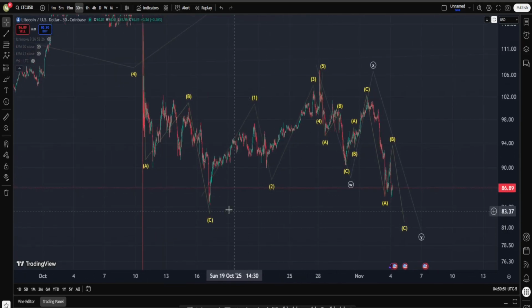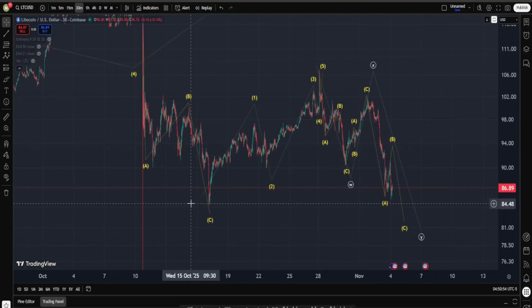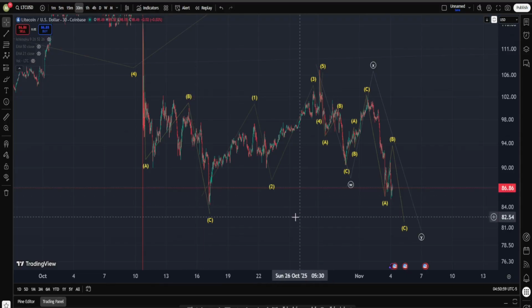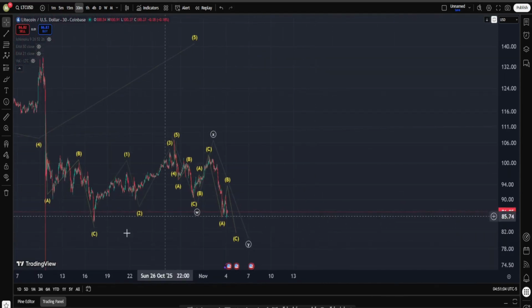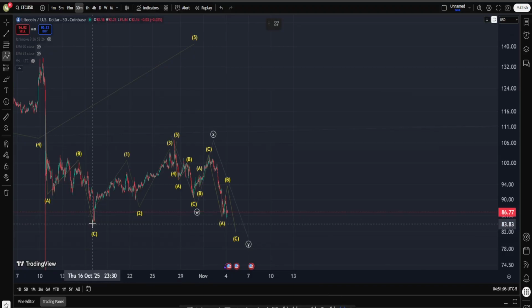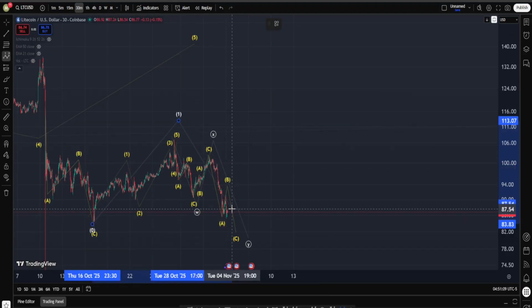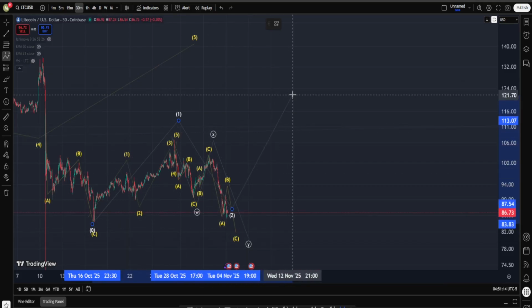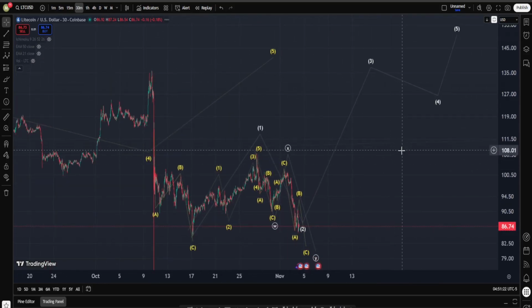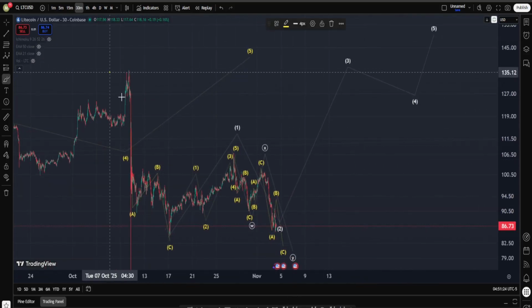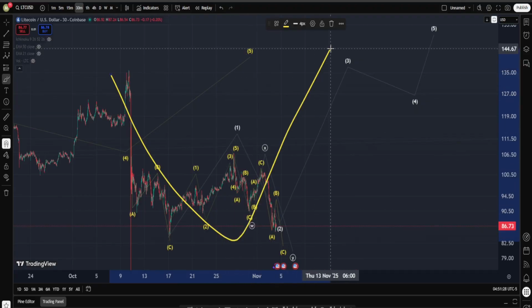But I'm really hoping that during this process in LTC we are not going to take this important low down here, about $84.5. Why is this low from my POV so important? Because you see, as long as we are not taking it, we can actually argue that this is 5 up, this is a correction down. Probably we are having a 1-2 setup, and if this count is happening, what is going to be the next move? You know it. It's going to be a fantastic one up into wave 3, 4, 5.